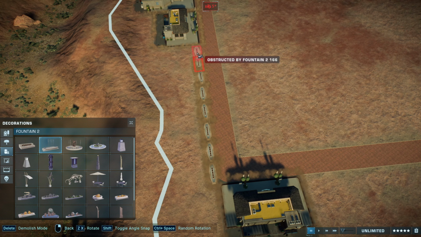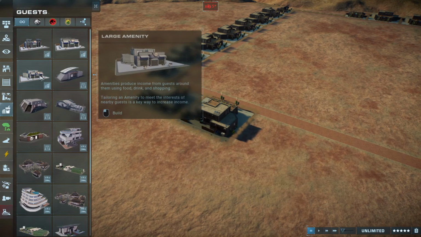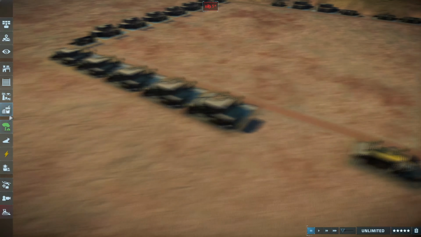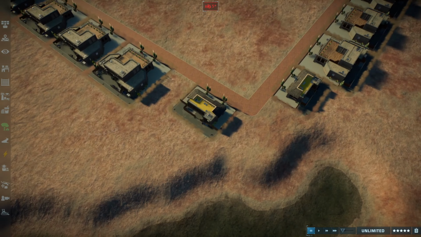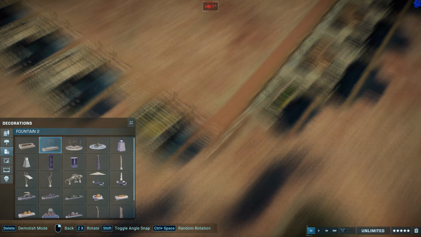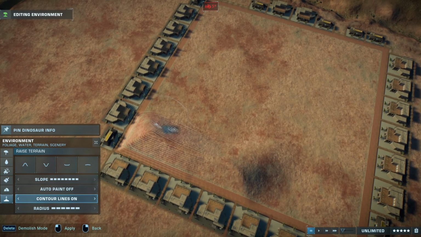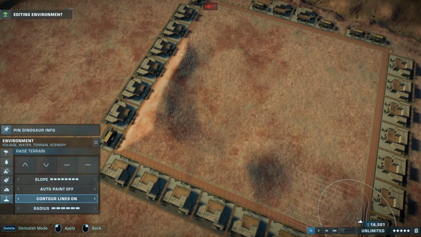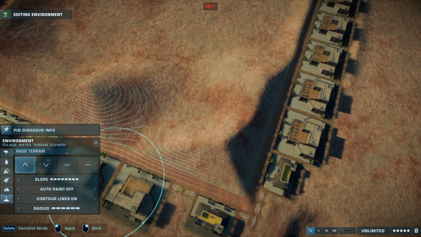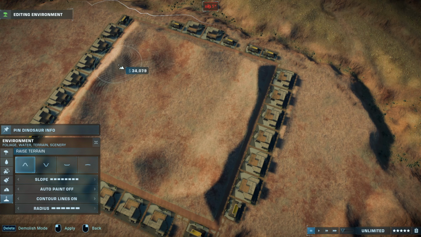So this is the basis for the pyramid. First I did a square with the path, then I aligned the shops around it so that when I raised the terrain it would be raised evenly on all sides. This is something that you guys actually told me to do when making pyramids, and I really want to thank you, because several of you suggested that I either do it with shops or decoration items, and it worked perfectly. I am eternally grateful to you guys, because